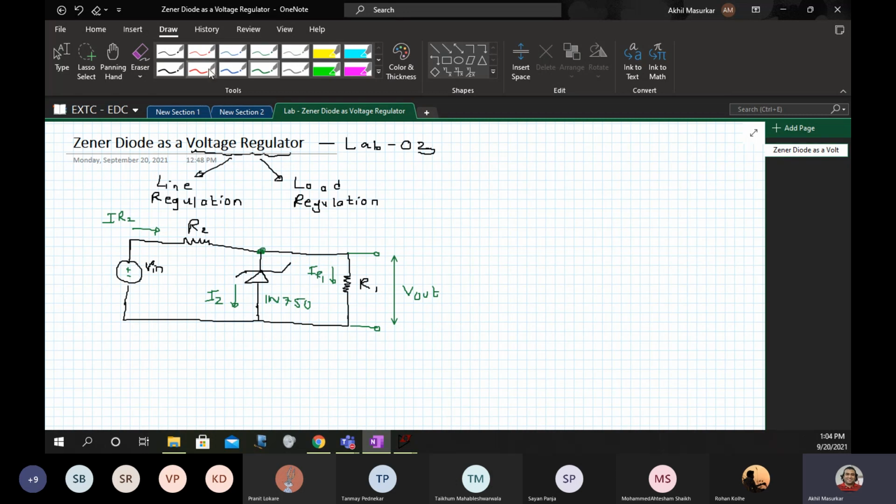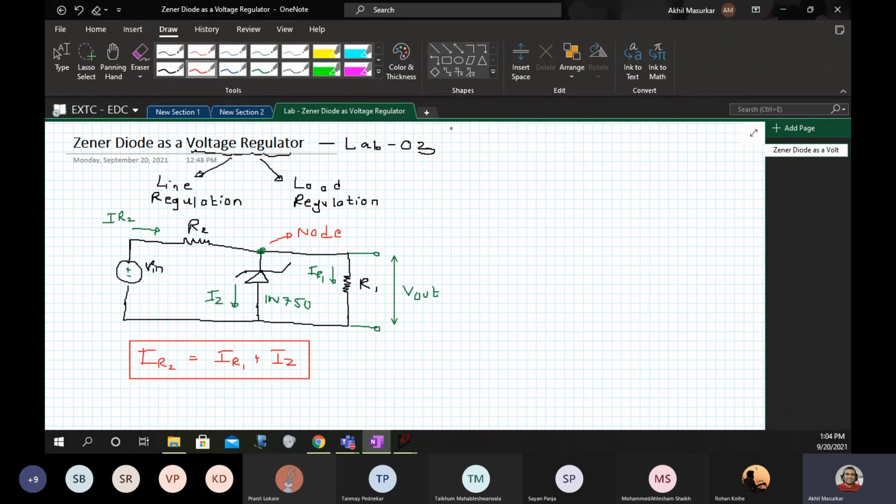Very easily you can say that this is a node, and as far as a node is concerned, we can always write IR2 is equal to IR1 plus IZ. This is the equation which we can very easily write.